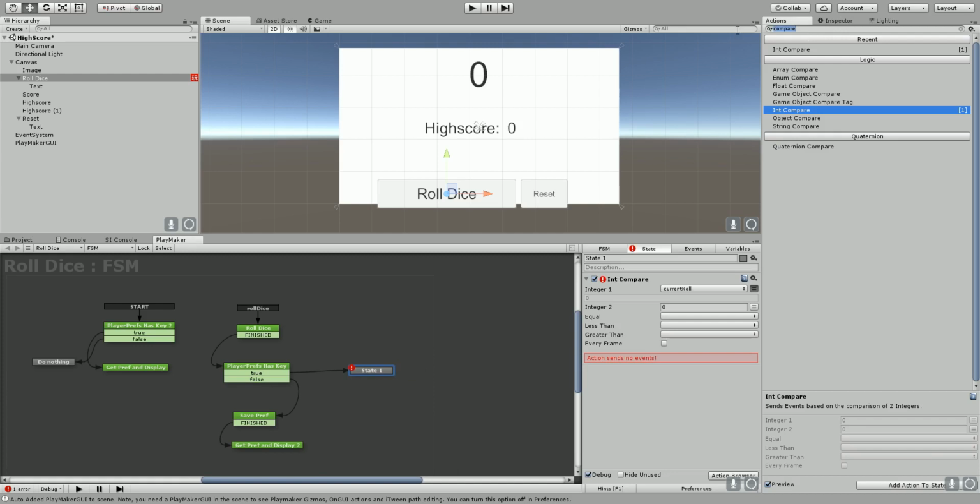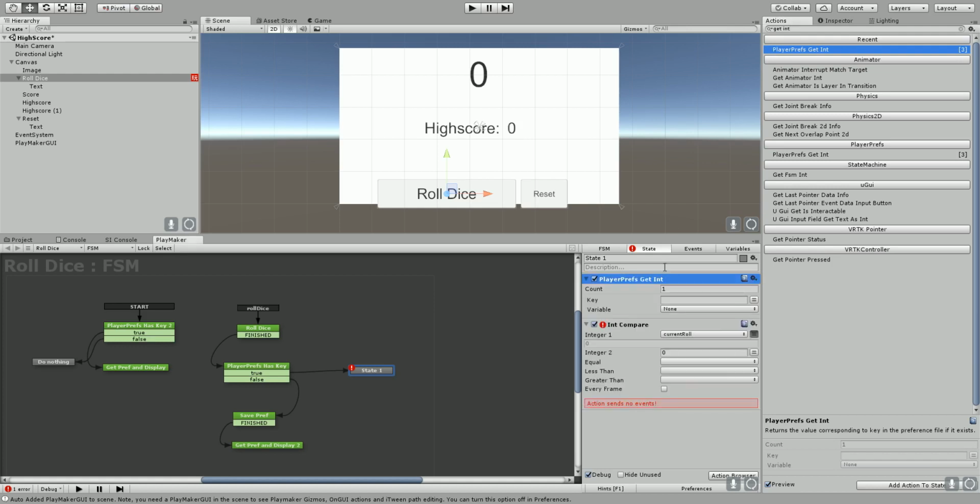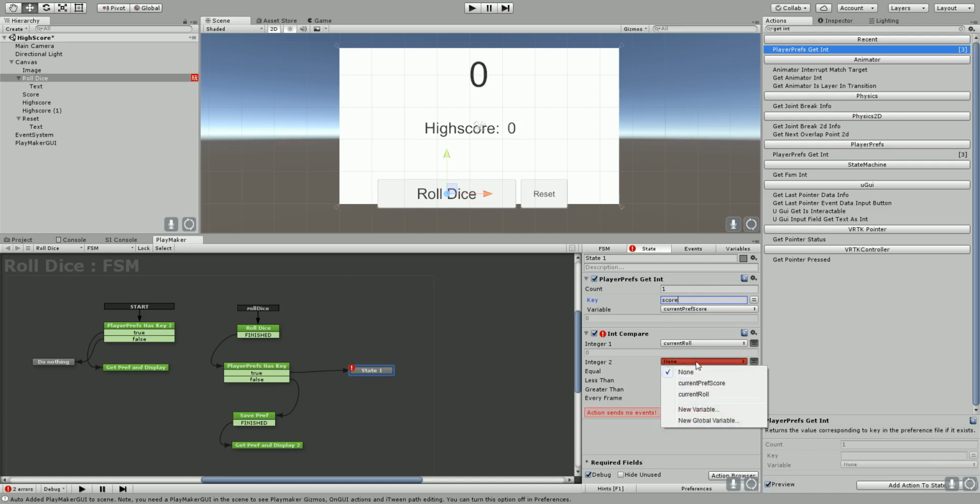So we'll call this get int, and we're going to use this PlayerPref get int. We're going to move it up here. So we do this first. We want to get the score. We'll call this the current pref score, that's fine. So we're going to have the possibility that they're equal,